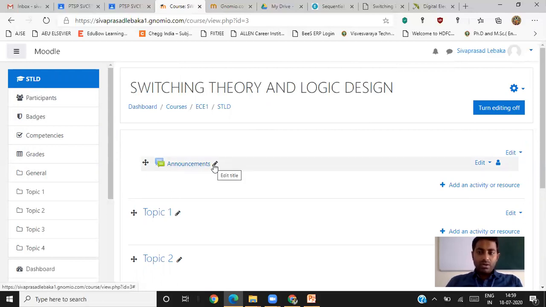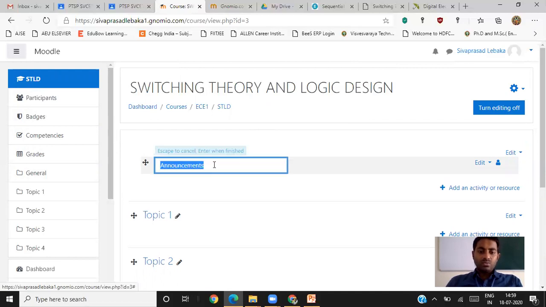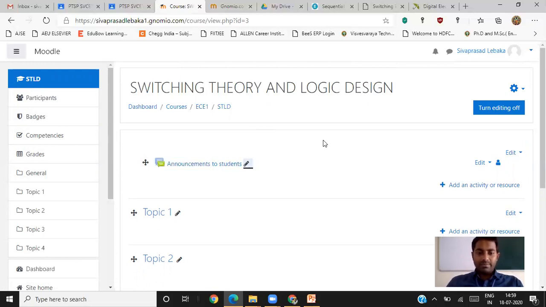If you want, you can edit this one, like announcements to students, and press enter. It will be saved automatically. That means if you want to add any announcements, you can add them in this section. Then there is add an activity or resource.